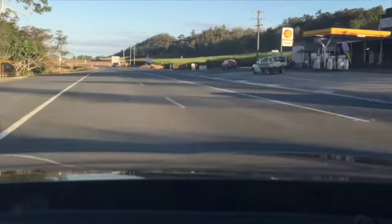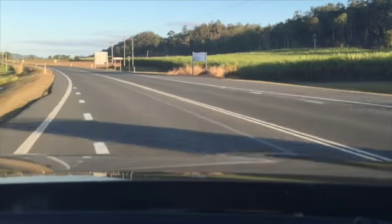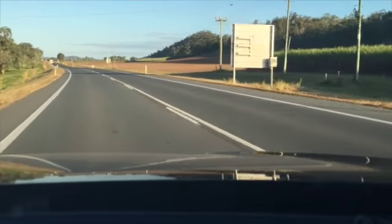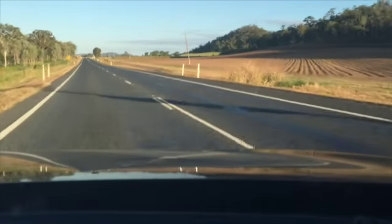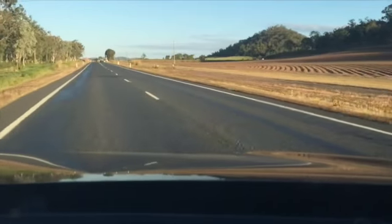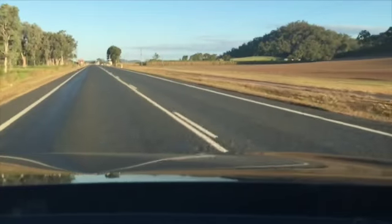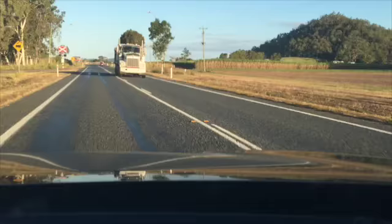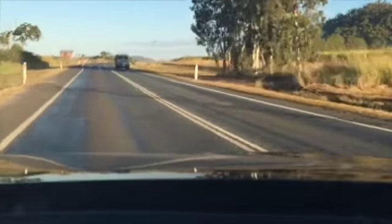So the interesting thing is that fuel here is the same price as in Cairns, so I'm hoping to fill up in Mackay. I'm still on my first tank of fuel, and my fuel light has only just come on. So there we go. I don't know if you could see, it was on that side, there was a cow, so I'm heading into cow country. There's still quite a bit of sugar cane. There's been quite a bit of, I suppose, gum trees, sort of bushy type things,